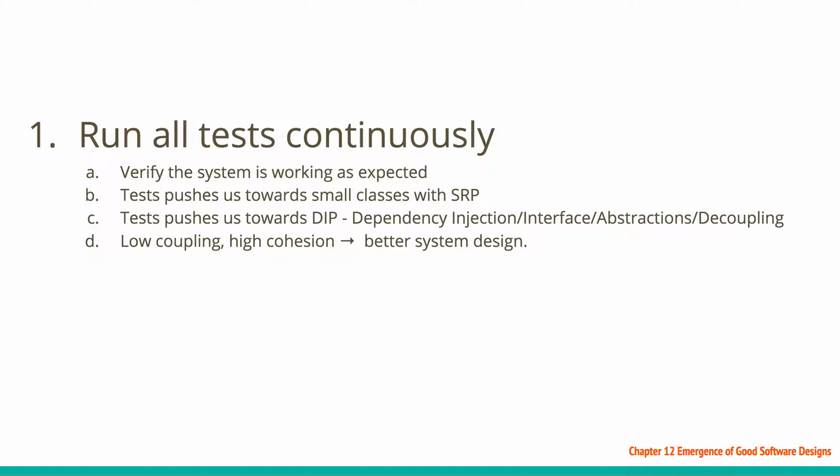You need to be able to write systems that you can quickly verify are actually working as expected. Tests enable us to verify that systems work as expected. Tests also enable us towards writing modular code. It pushes us towards using a lot of design principles, using best practices. It also enables us to write smaller classes which have high cohesion, low coupling between various classes. So better system design. So tests overall is a good thing. Writing a good amount of tests helps us in a pretty big way towards achieving a clean software system design. So that's number one